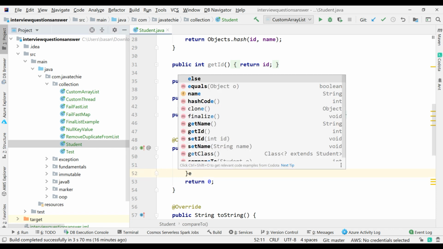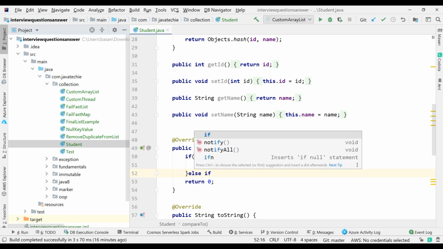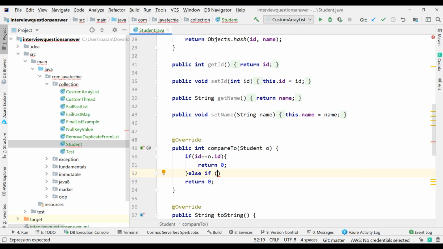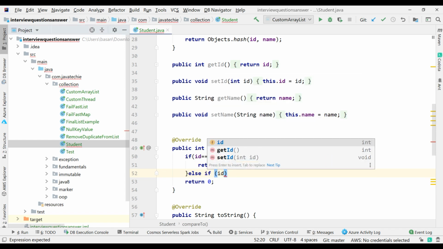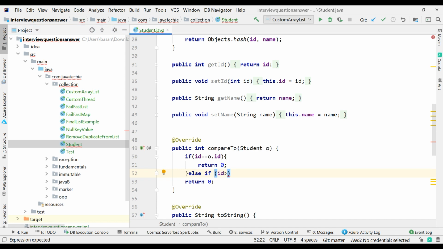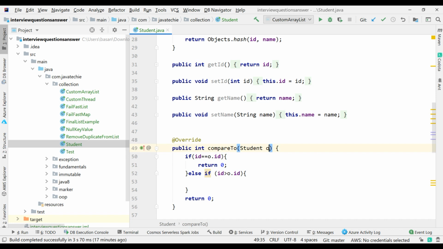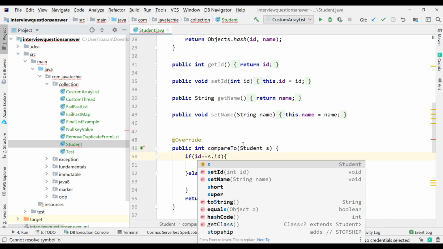Or else if id is greater than o.id, better you can rename it to Student s so that there will be no confusion.